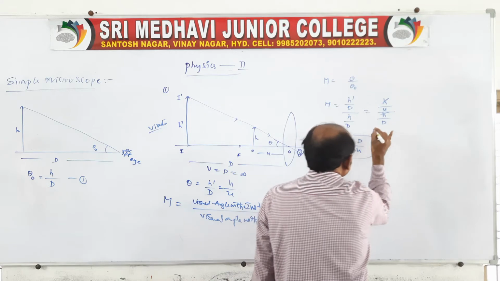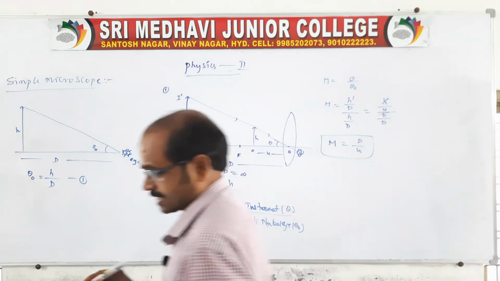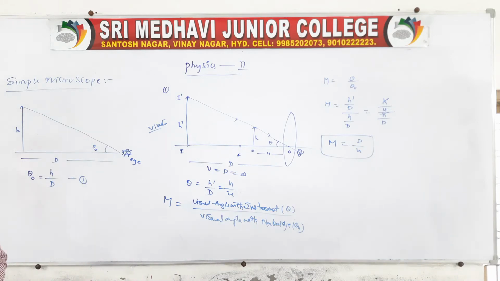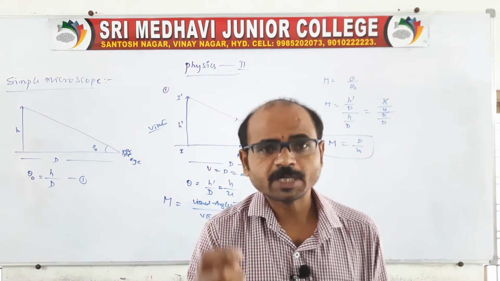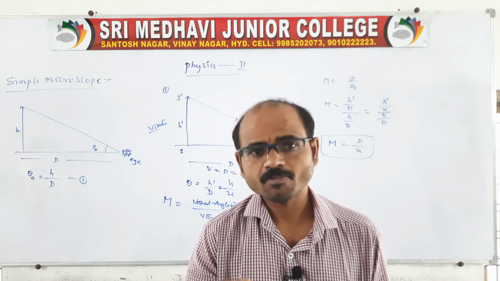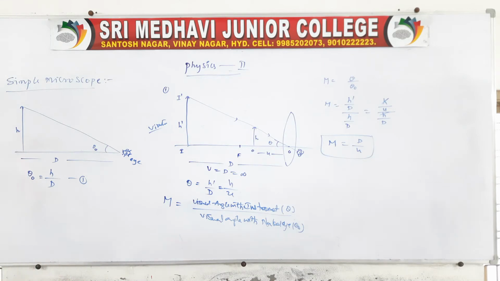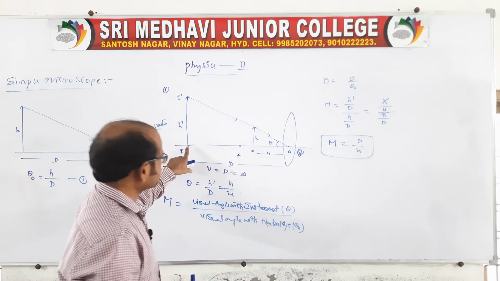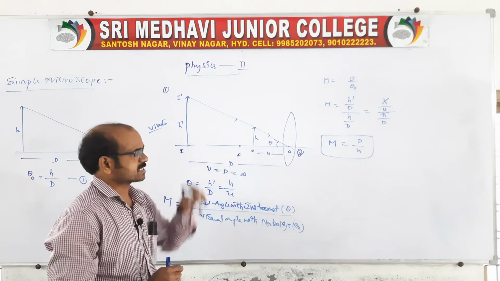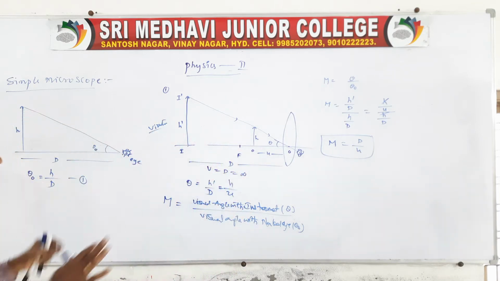This is the magnification by the simple microscope. That's what we can call a magnifier. You remember it is a magnifier. A simple microscope consists of a single convex lens which is fitted in a tube. The tube can be rotated on the base. So here the magnification is capital M equal to capital D by U. Sir, what is capital D? It's nothing but the least distance of distinct vision. U is nothing but the object distance. So this is related to our simple microscope.